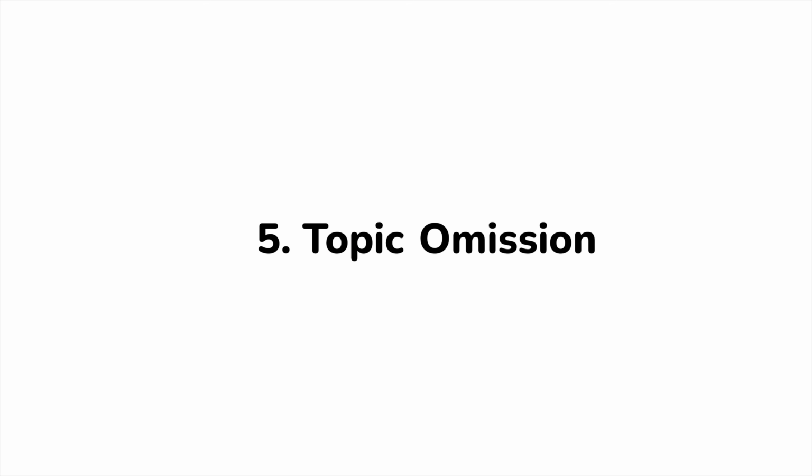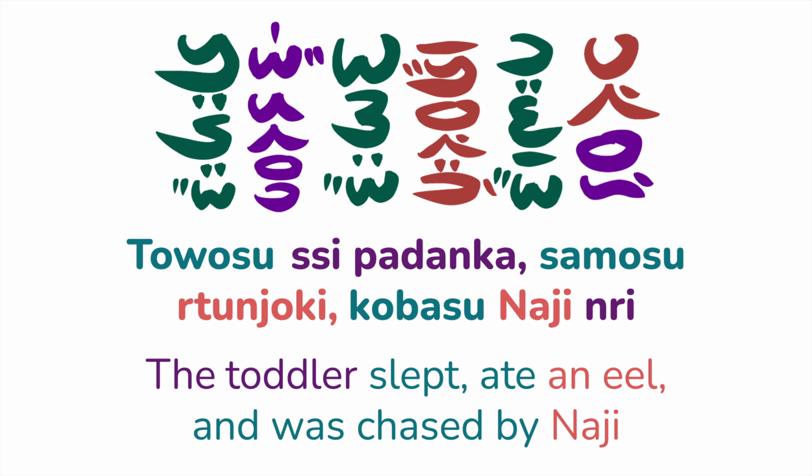The second reason sentences wouldn't have topic particles is if the topic is omitted. This happens very frequently in Dorini. When it's obvious from context what the topic is, what you're talking about, then you don't need to include the topic at all, especially if it's already been mentioned in previous sentences. Once a topic particle is used with a noun, that noun stays as the topic until another topic particle is used to override it. Example, the